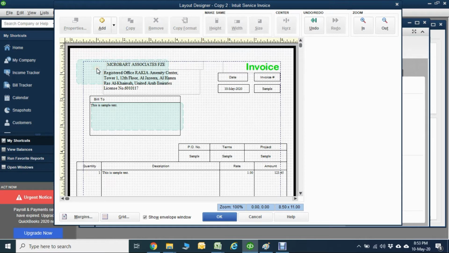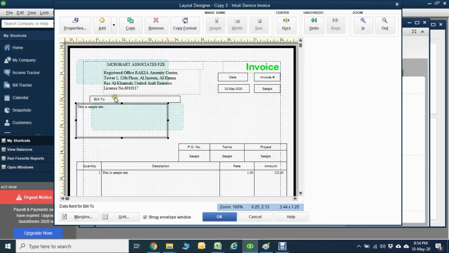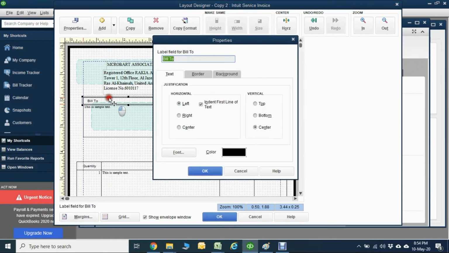And also let's come to the left side, put your company name here. If you want a logo, put the logo here. Okay, logo, I'll come back to you later on for how to add the logo. And then this is the address. I will go to the left side here. Take it right, be in the frame. Bill to, rather than bill to, you can write invoice to, like this. So that is better.